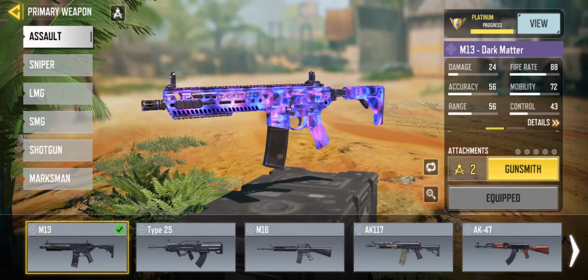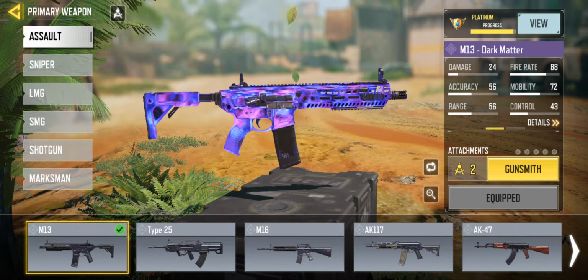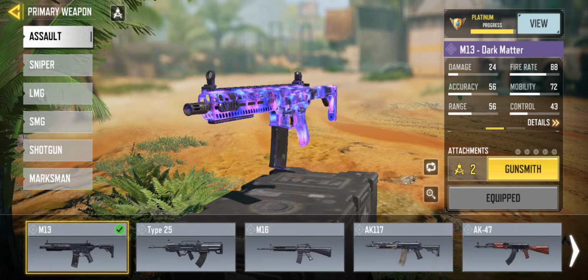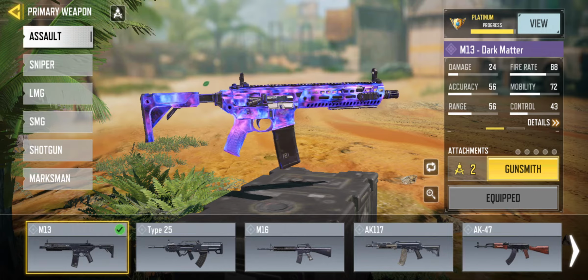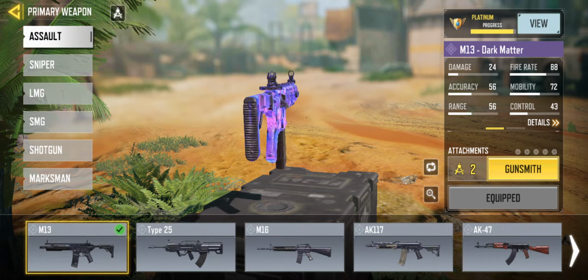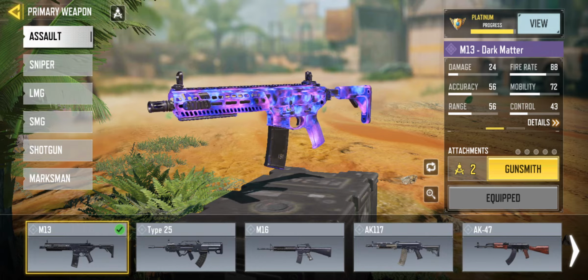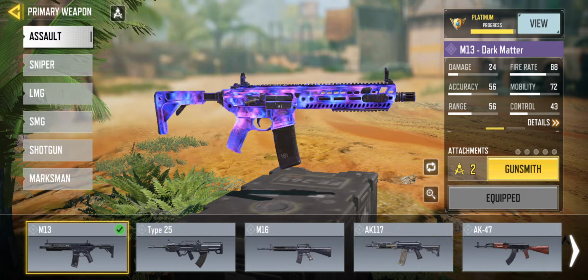Now, the M13. This thing got a slight buff that made it easier to control recoil. And I think it could actually just use a damage nerf. Just make it a 6 tap instead of a 5 tap due to this type of fire rate. That's really it I have against the M13. The buff for recoil was needed,